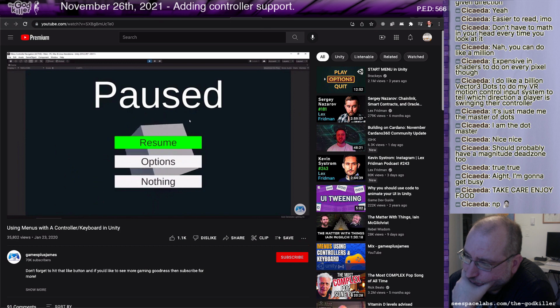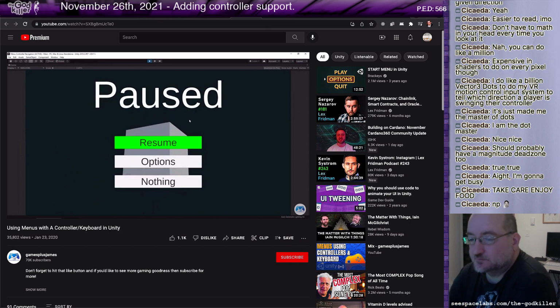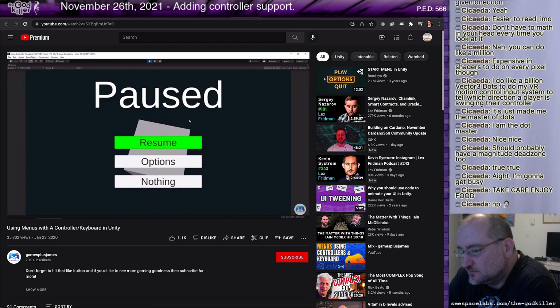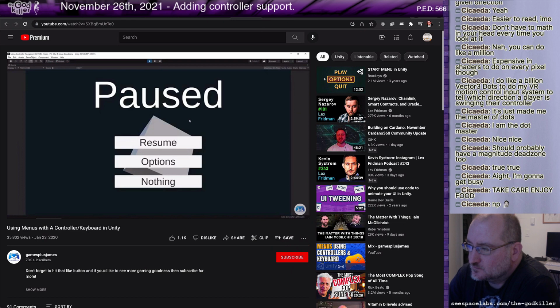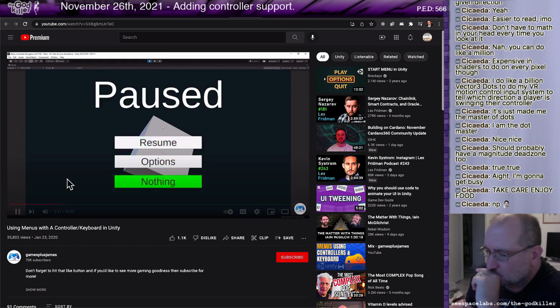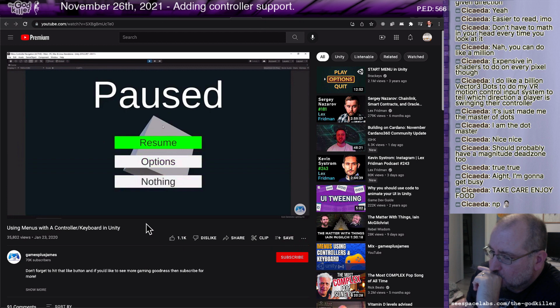But here in a pause menu or any other kind of menu, this really won't work very well. So, for example, if I press the resume button and hit escape, oh, our highlight disappeared. But actually it's still there, so I just press down there. The first button remains highlighted. It doesn't show up as highlighted, but it remains selected according to Unity. So then when you press the direction, it does work, but obviously that's not great. You want it to look like it's highlighted.